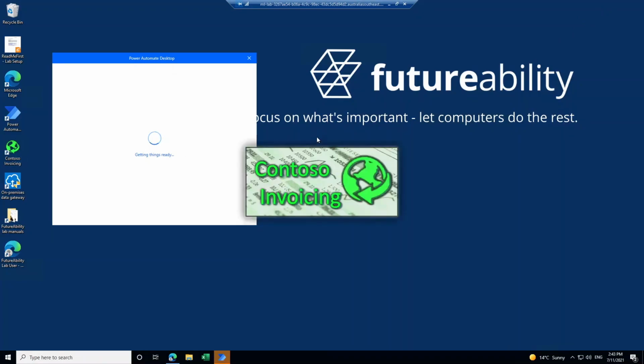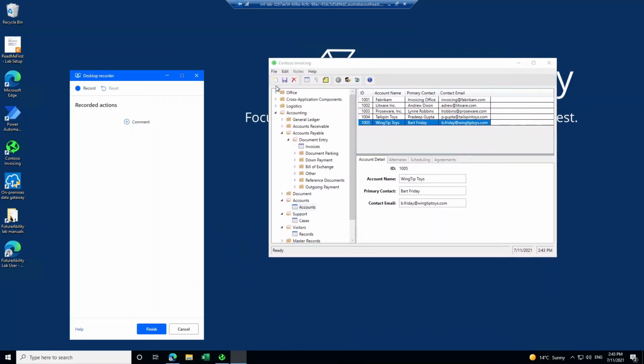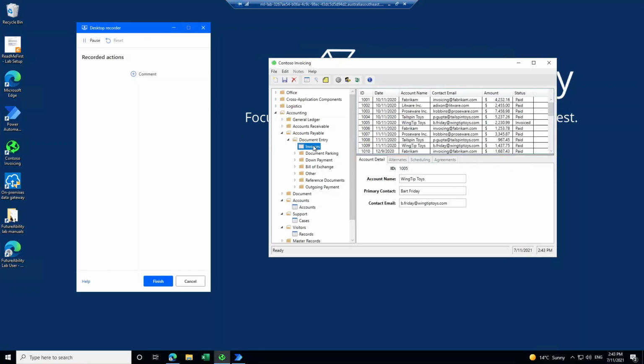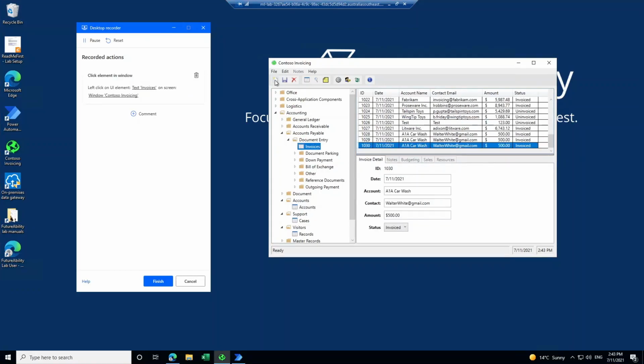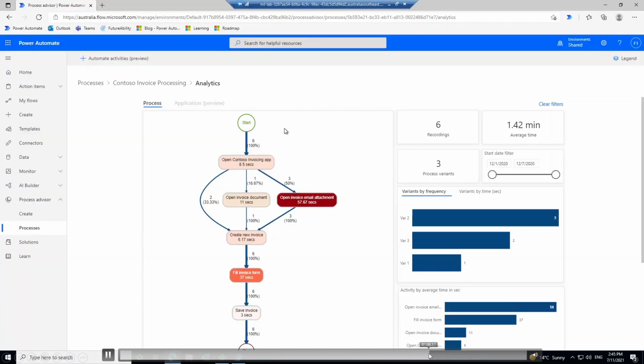So you'll be doing this in the labs coming up, where you'll see here we're going to record. So we're using Desktop Recorder to record ourselves doing a task, and Process Advisor is going to record those steps of that task in the recorder on the left hand side. So you'll see as I'm hovering over various things here, a little red square appears. Well, that's the recorder letting you know which element you are clicking on as you're recording the task. So that there is the recorder which you will use during the course,